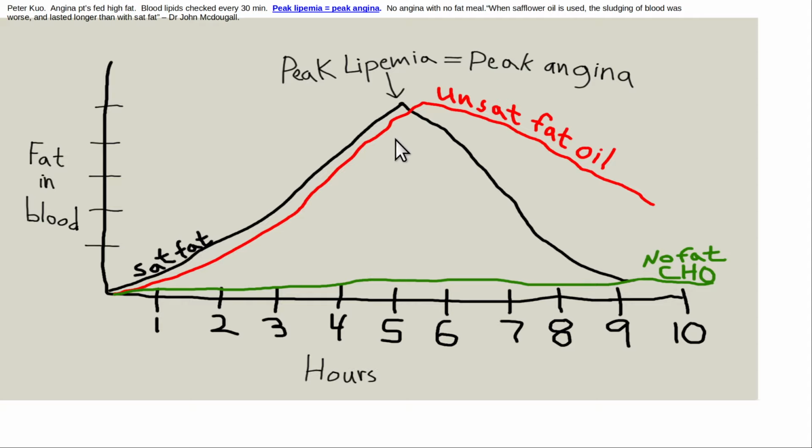If those patients had an MI, they could have died. It's kind of a crazy thing to do. There's no IRB back in those days. Anyways, later in the 1960s, they repeated it with unsaturated fat, and what they found was that it caused even more